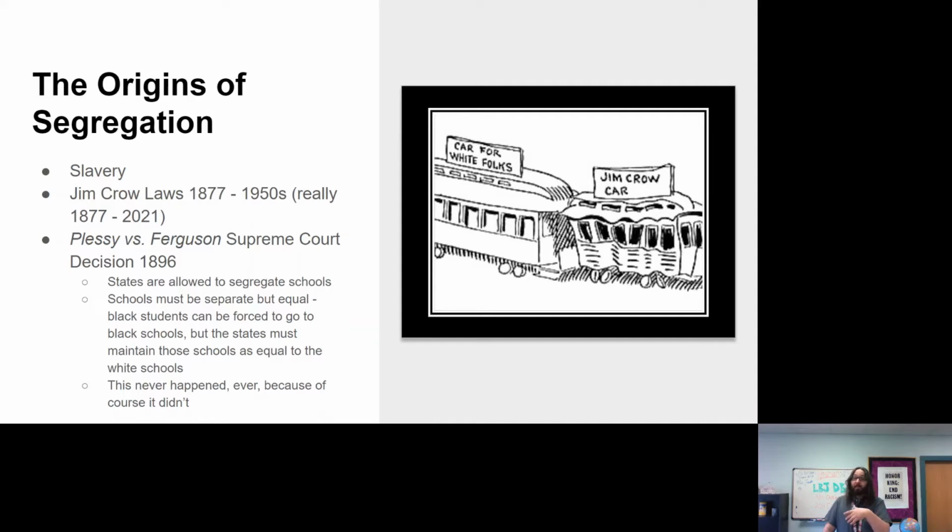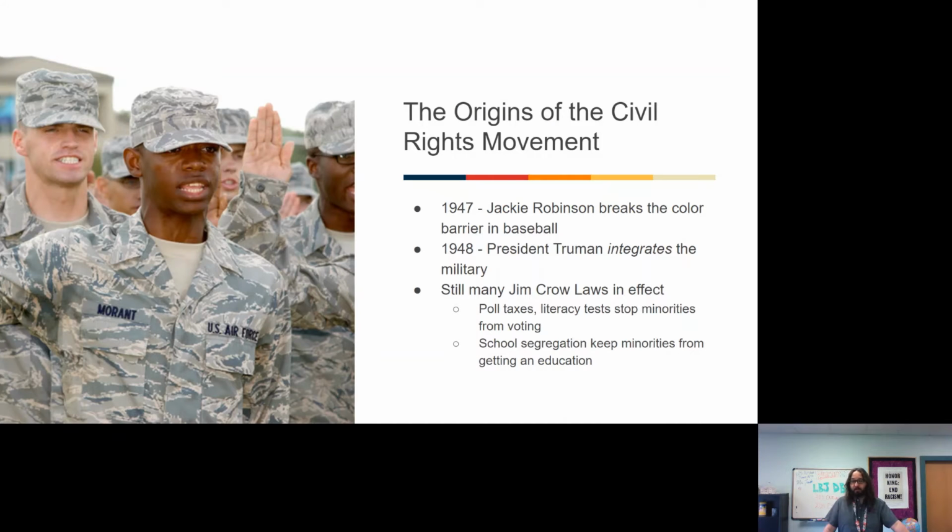Now that, of course, never happened. I've not been able to find one example of a black school or Hispanic school for Hispanic kids, Native American kids, Asian kids, that was the equal of the white school that was nearby. Because that was the whole point, to make a better experience for the white kids than the black kids, because of the idea that white kids were worth more. Obviously, that's not the kids' fault. That's definitely the fault of the parents, of the politicians, of the judges that made those decisions. But that's why that decision was made.